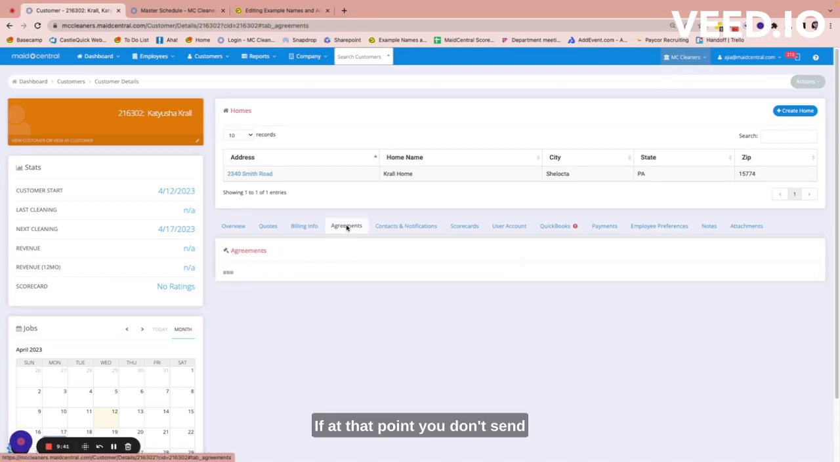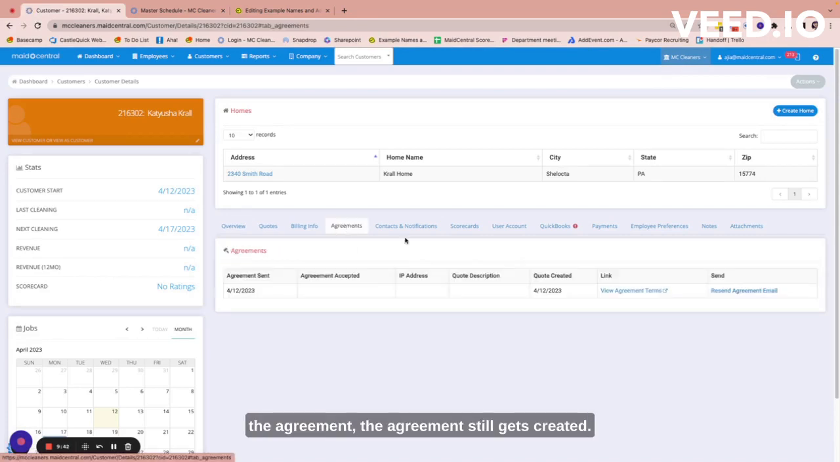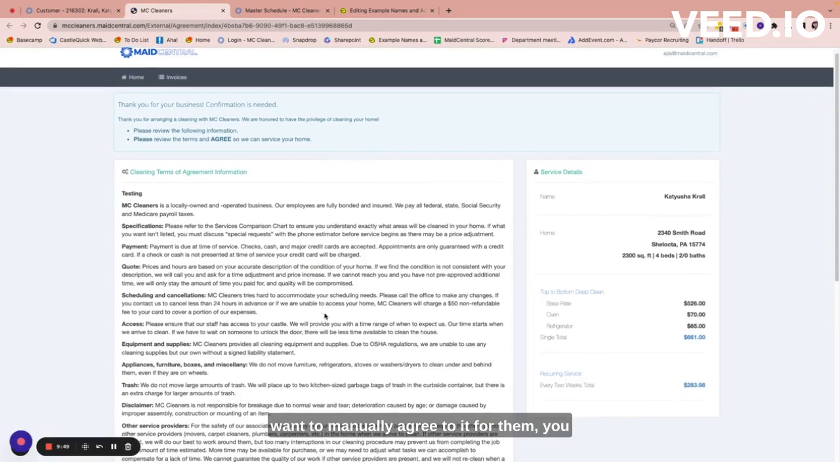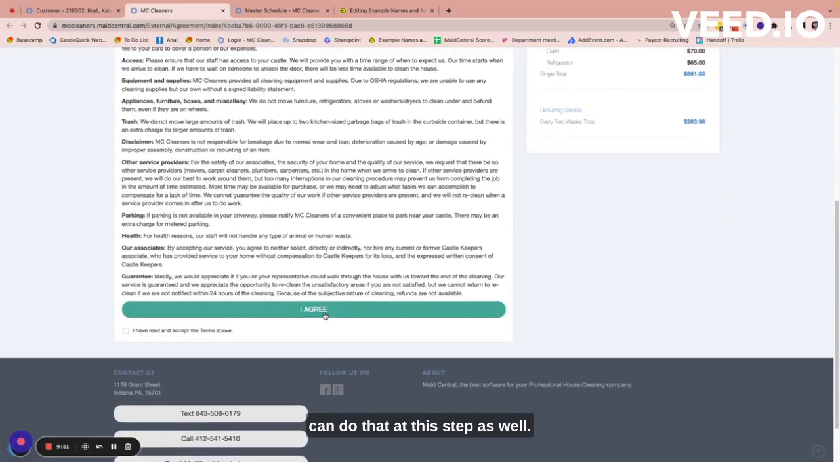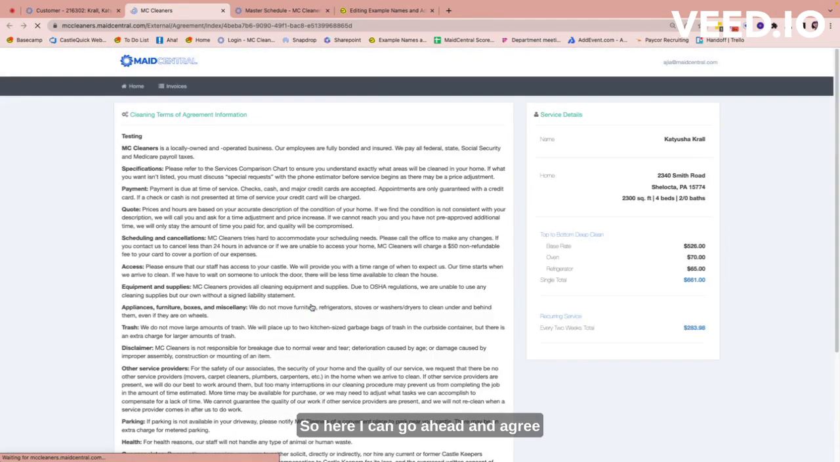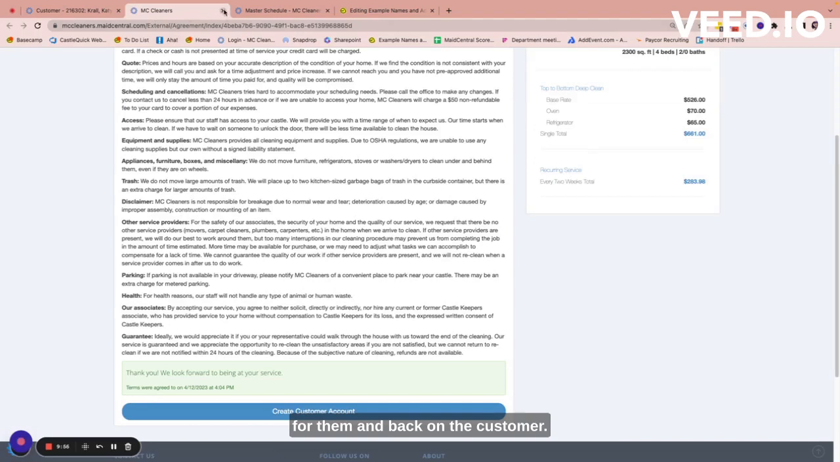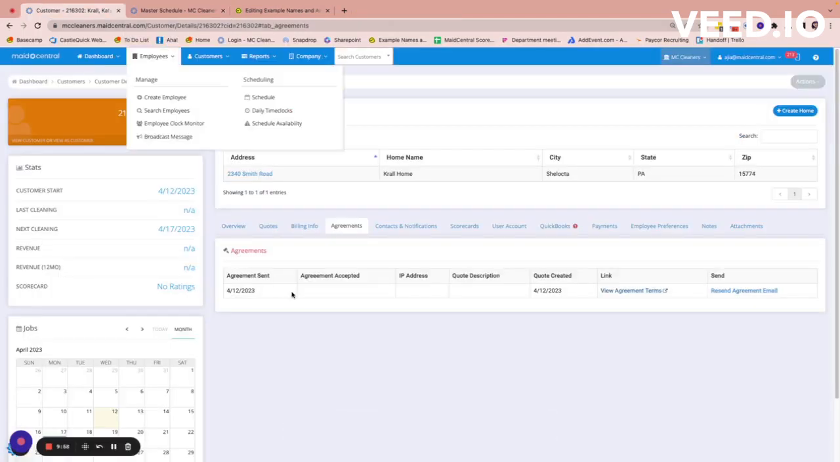If at that point you don't send, the agreement still gets created. So you can still resend it here if you get contact information later, or if you want to manually agree to it for them, you can do that at this step as well. So here I can go ahead and agree for them. And back on the customer,